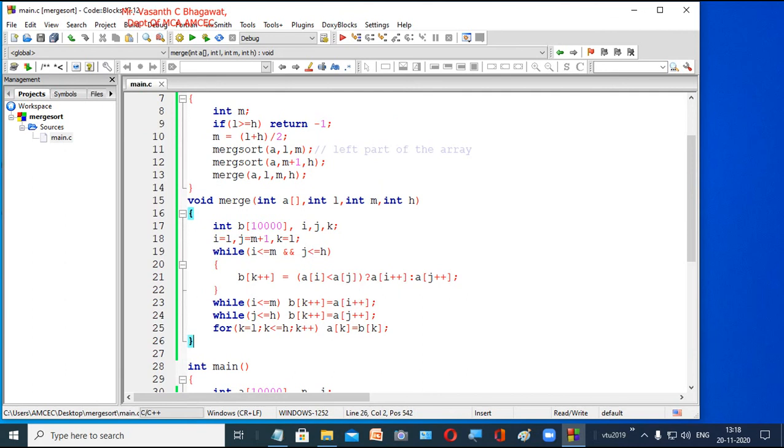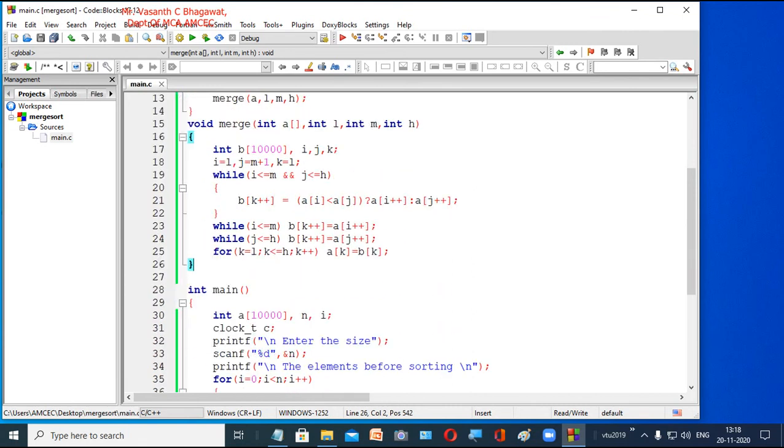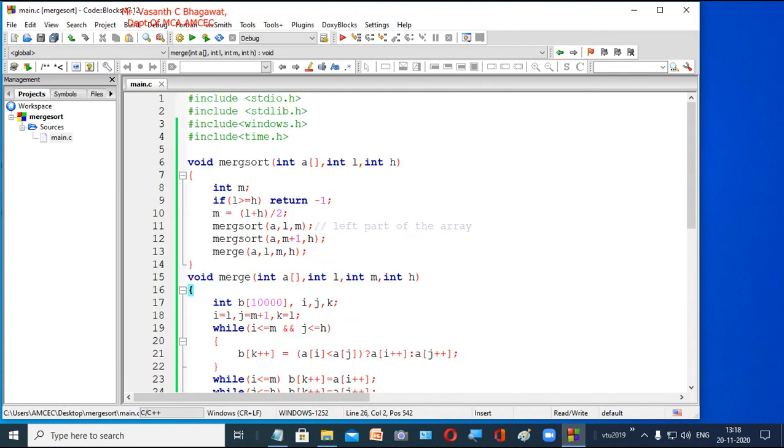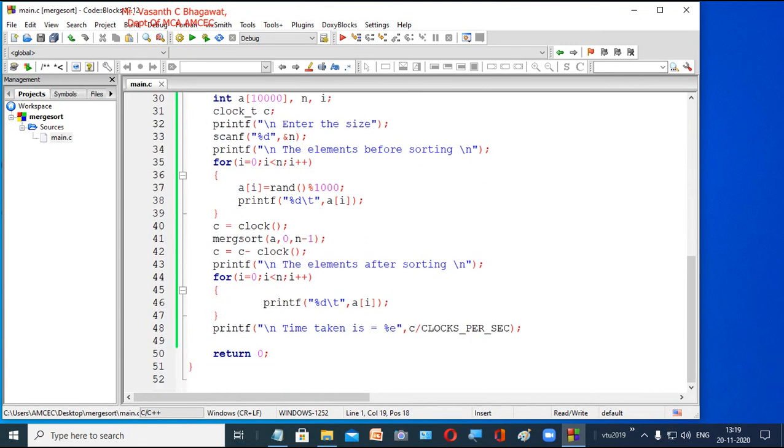reduce the errors you make while typing your program. The second thing is that you can then do it very fast. That is how you have to practice, and the more you practice, the better it is for you, and you need not learn it by heart, right? Just like I was telling in the last class, if you start memorizing merge sort, you have to start from hash include stdio.h, and it is very difficult to memorize such big lines, right? So you don't need to.